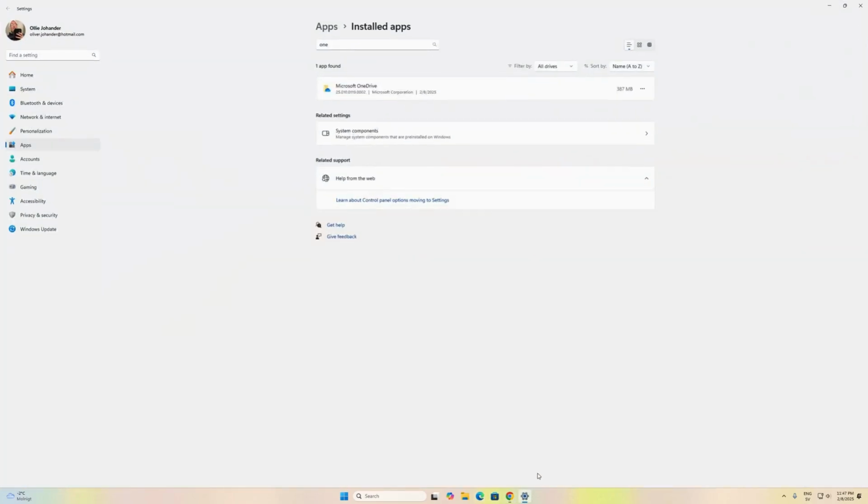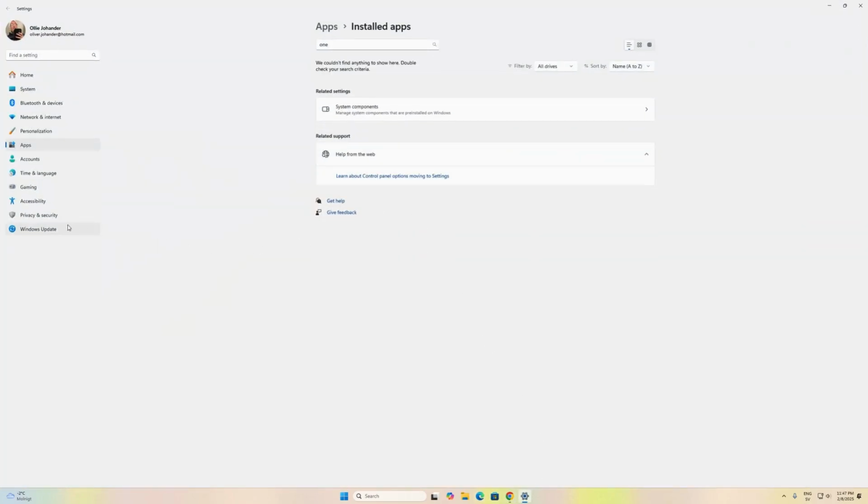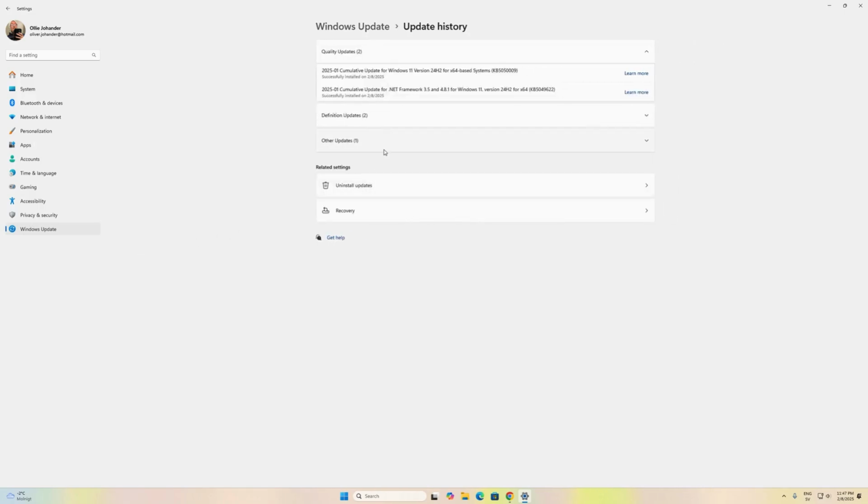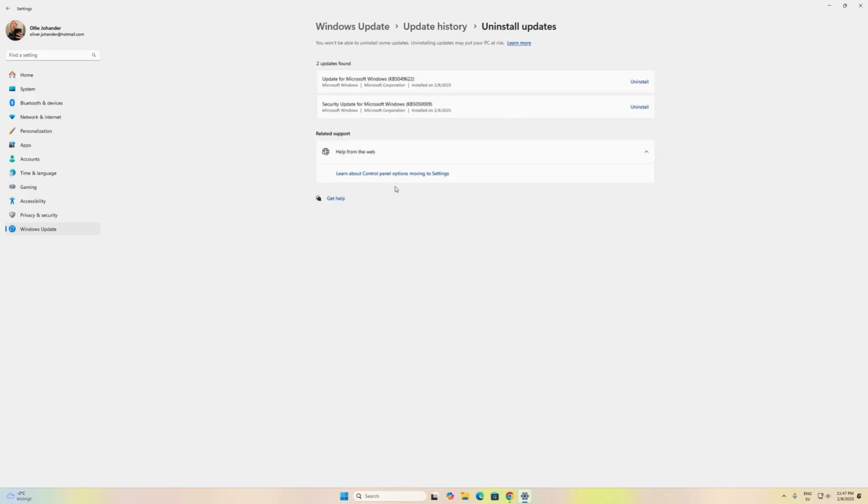first I'm gonna show you where it is. I already installed the update. So you go to, I believe it's the KB 5050, so that's the latest update from now. I believe this is the